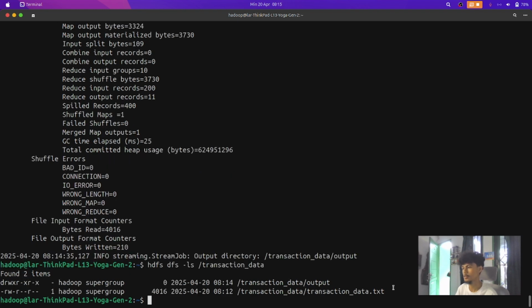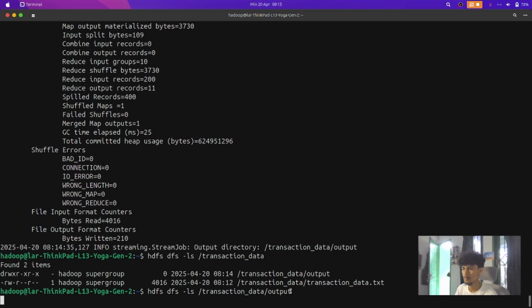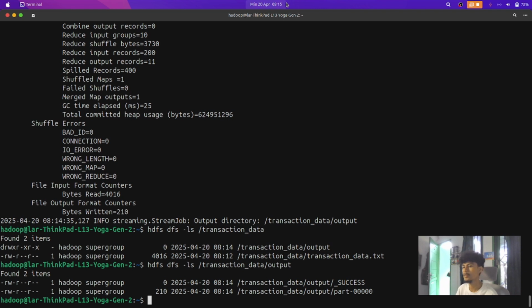You can see we have transaction data, and we have an output directory in the transaction data directory. We can check the output. It will have two files, a success file and a part file. The part-00000 file will show the result from the analysis.